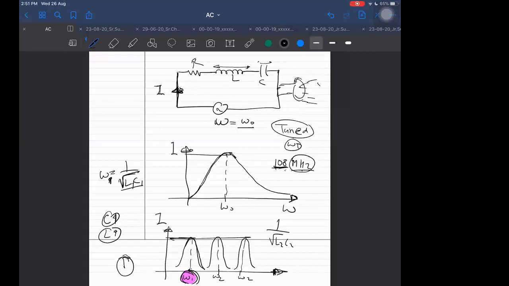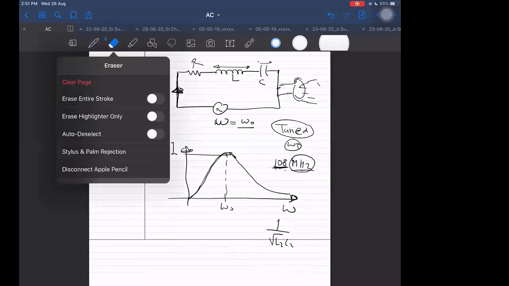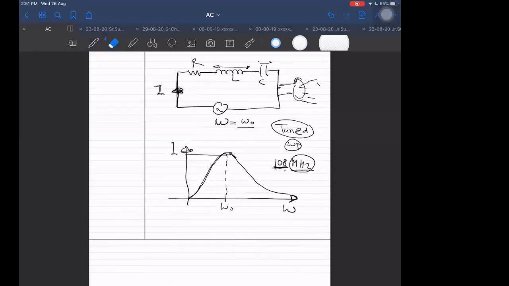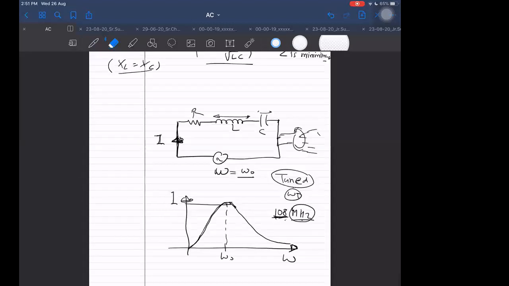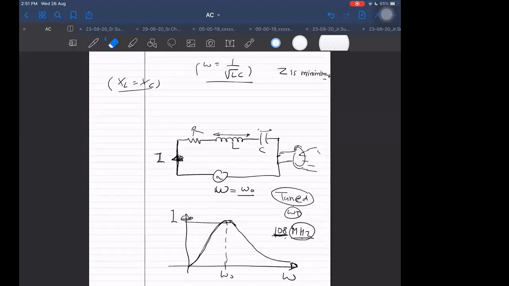It does not mean other currents or other frequencies were not flowing, or that other signals I am not receiving. Radio is receiving all the signals, but among all of them it gives us more current for one particular signal, and that signal only we are able to hear. We hear only one sound because the current for the other frequencies becomes less, and the current corresponding to the frequency we want to hear becomes more. So it has a really wonderful application.